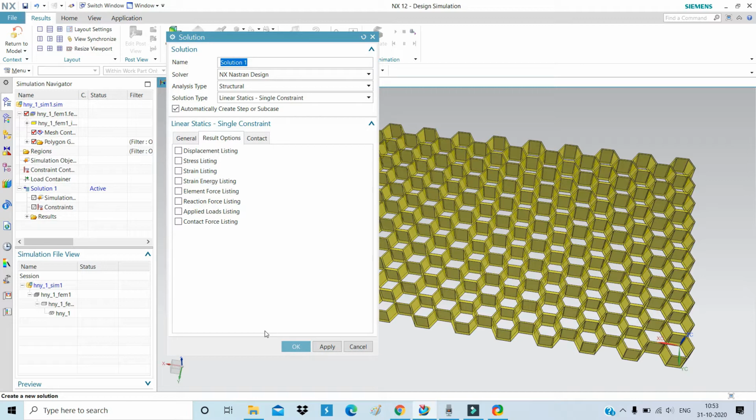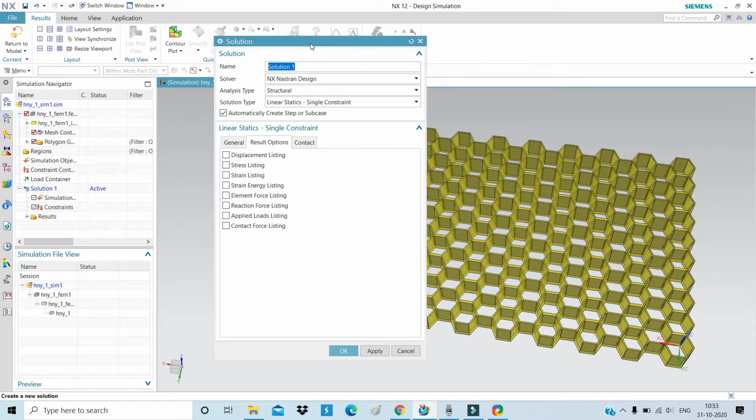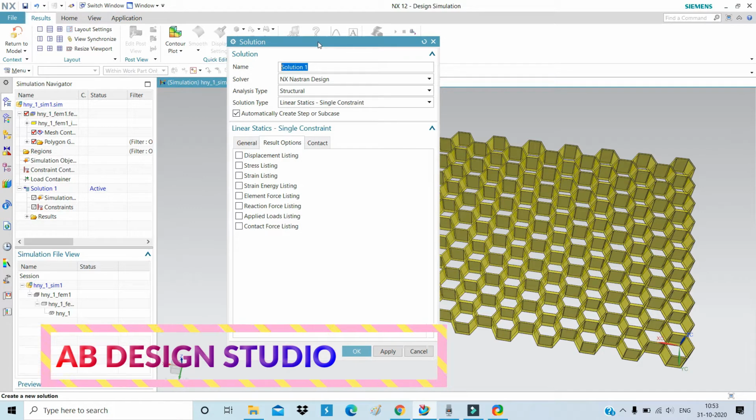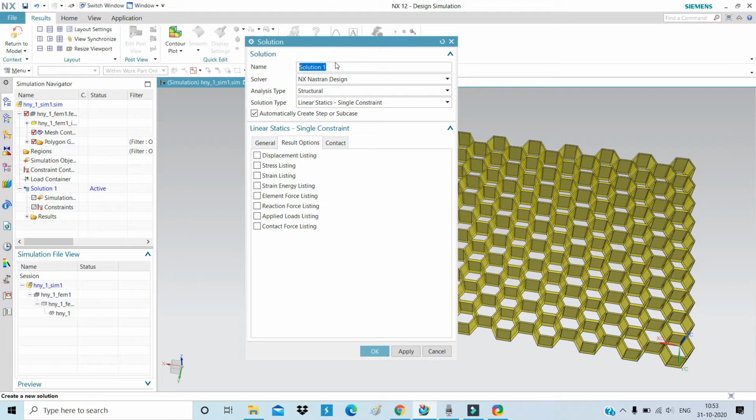Now you can see a solution window is also open as a pop up. Before going to setup or applying load, we have to first create a solution. For this we name it honeycomb solution. Now we can select structural as the analysis type, and the solution type is linear statics.